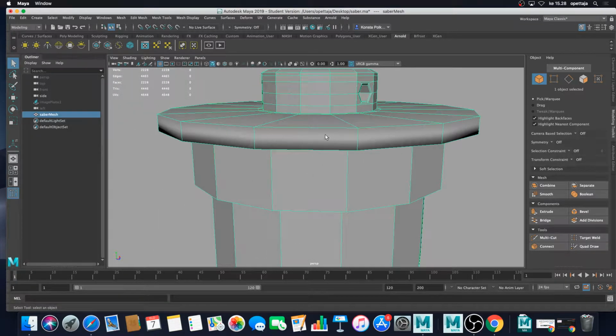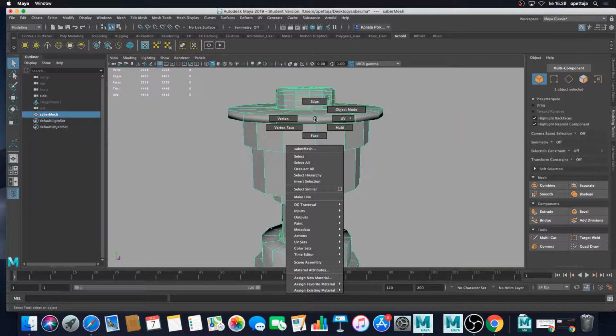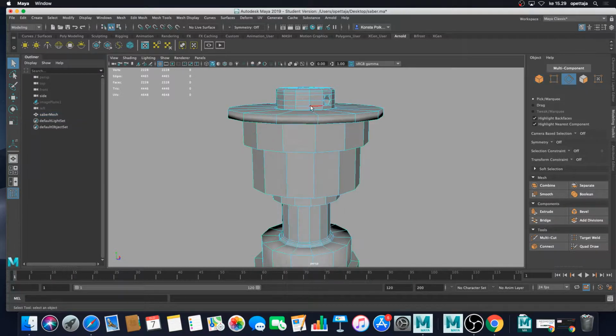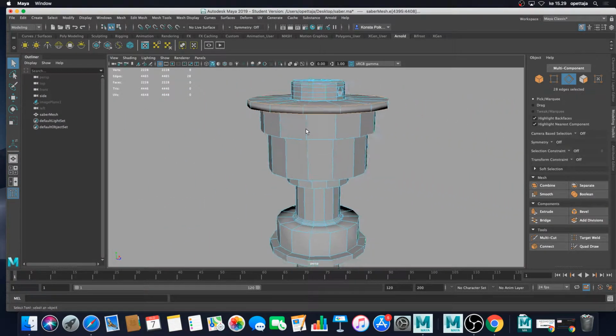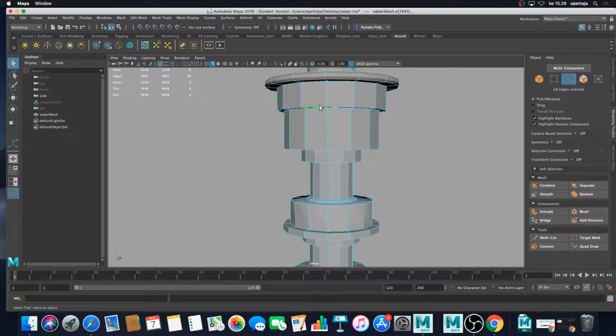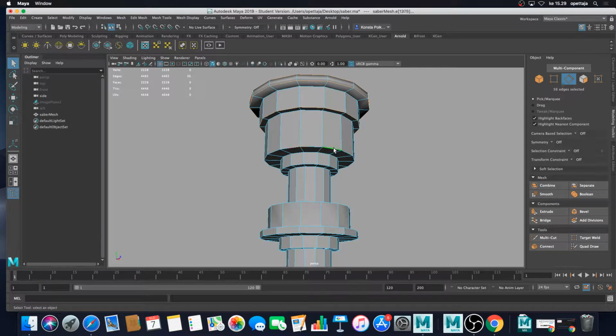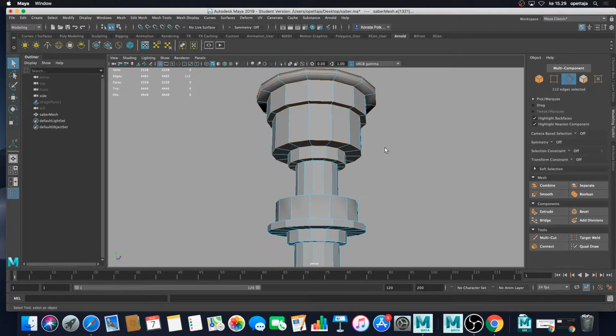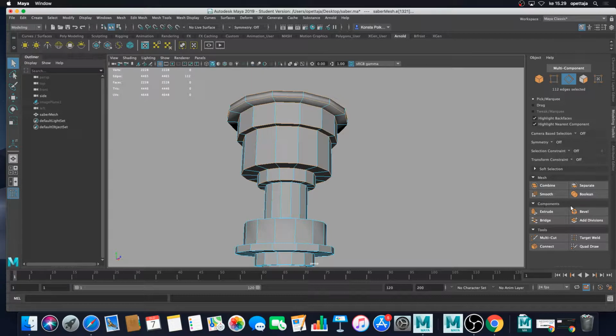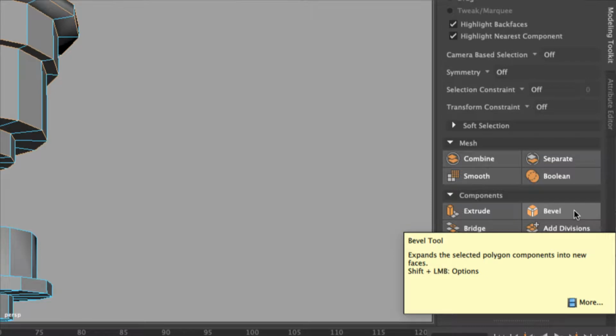So up here, now I can actually, I'm pressing my mouse's right button and then entering the edge selection mode and double clicking these edges here, and actually I know that these edges are going to be with the same sharpness level as these. So I selected those all at once, and then I press bevel here on my modeling toolkit,